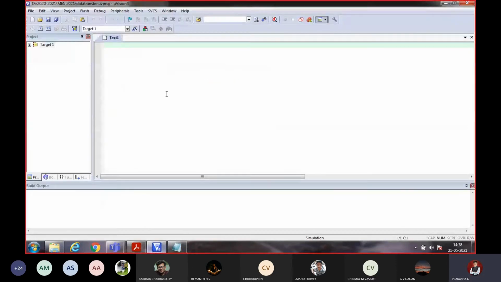I'll just type it. So AREA data transfer, some name, CODE, READONLY, then START. LDR R1, V1; LDR R2, V2; whatever is given, the same thing I'm writing.